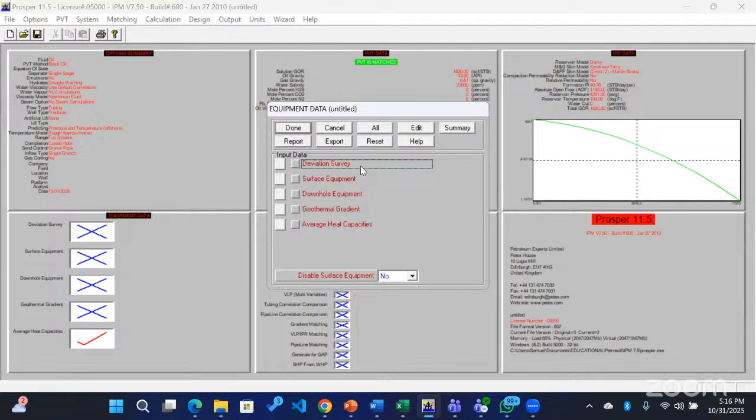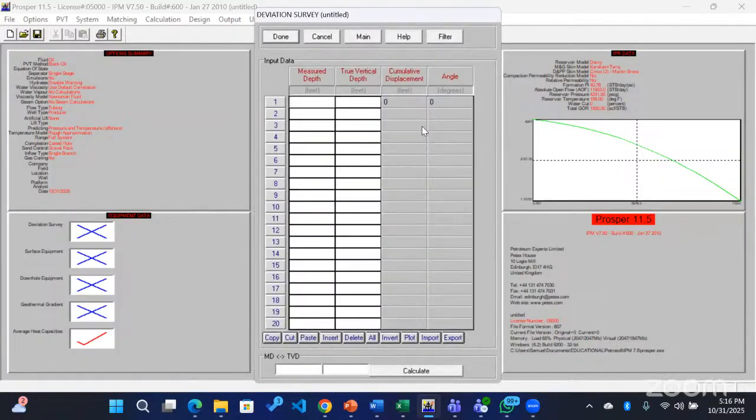So just as easy as that, deliverability of the fluid into the surface, VLP, and into the wellbore, IPR. So you should be able to remember that. So now we need to configure our equipment data. So let's click all. And then I don't have information for surface equipment. I'm unchecking that. Then let's edit and put the required